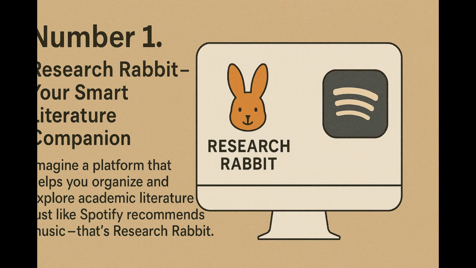Research Rabbit, your smart literature companion. Imagine a platform that helps you organize and explore academic literature just like Spotify recommends music. That's Research Rabbit. Here's how it works: you upload papers or add topics of interest, and Research Rabbit recommends related studies. It visually maps out a network of relevant papers, co-authors, and citations, making it incredibly easy to trace important